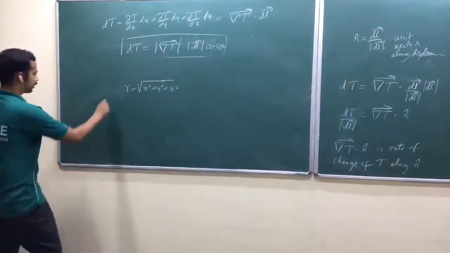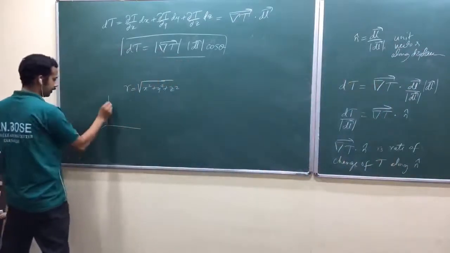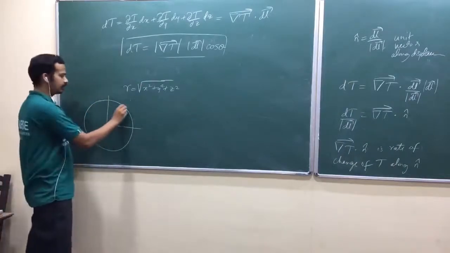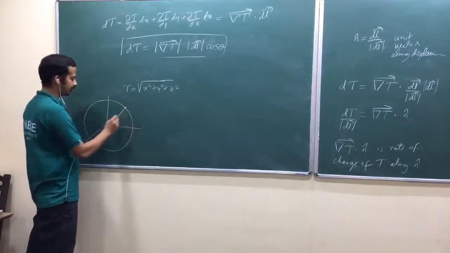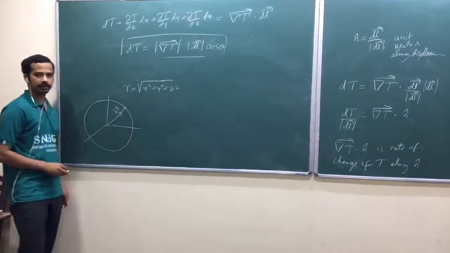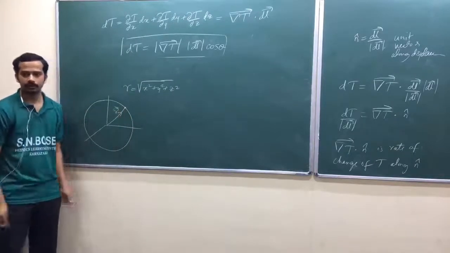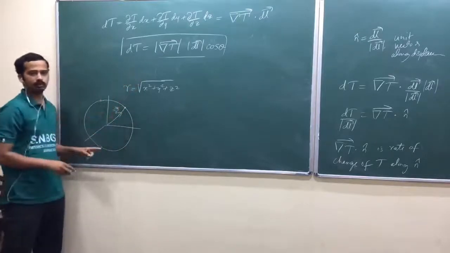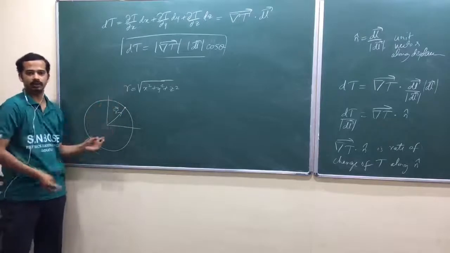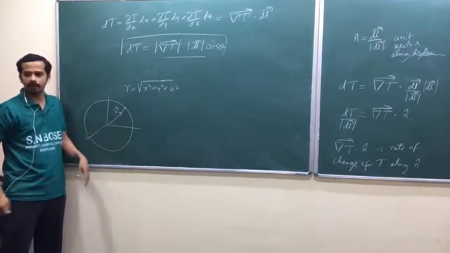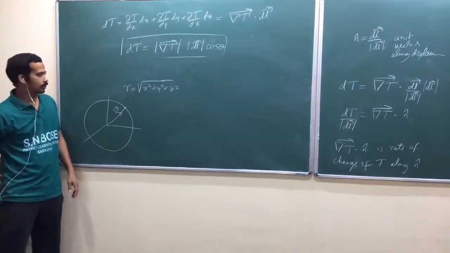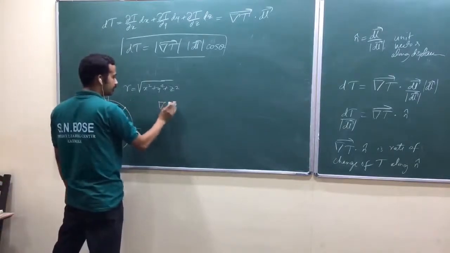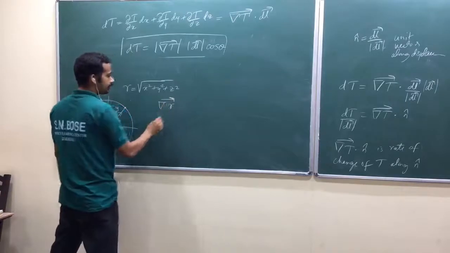Now let me take one sphere. If you are moving on the sphere, for a point somewhere in space, this is the position vector. Am I right? This is the magnitude of the position vector. That magnitude will change only when you move radially outward, not when you move along the theta cap or phi cap direction, remember. So now you have to find its gradient. You will definitely feel something here.